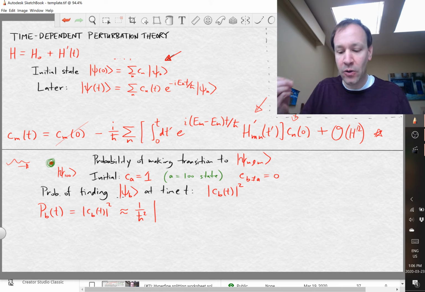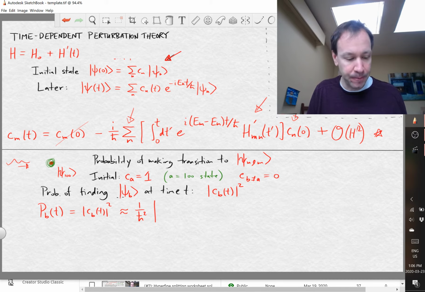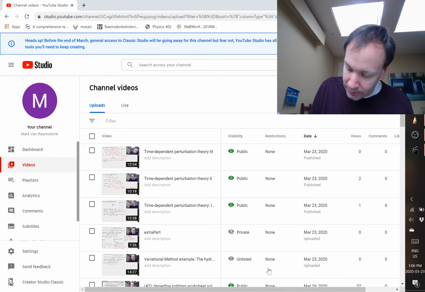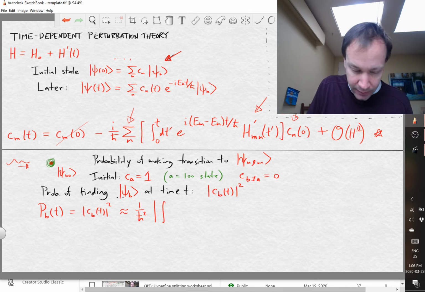Okay, so that's only the value n equals a. It's the ground state in our hydrogen example. And so this sum right here only has one term in it. And so then what we have is an integral from 0 to t of